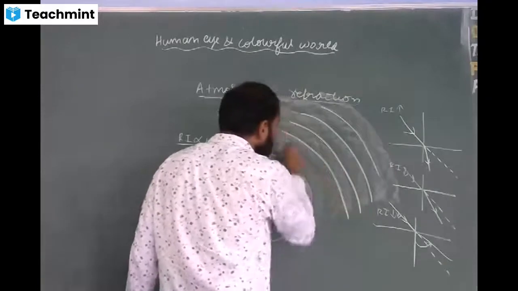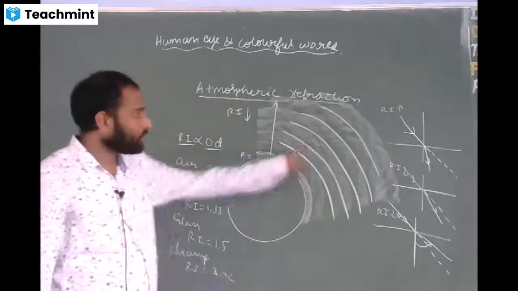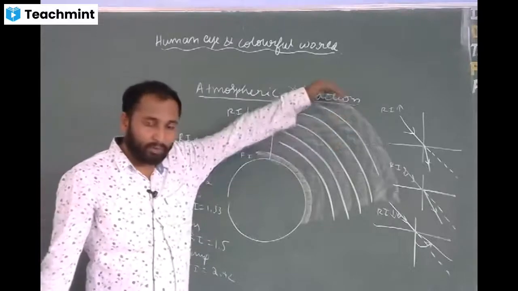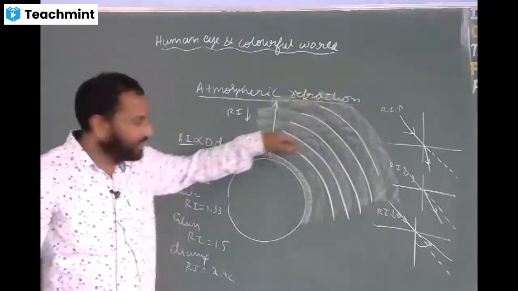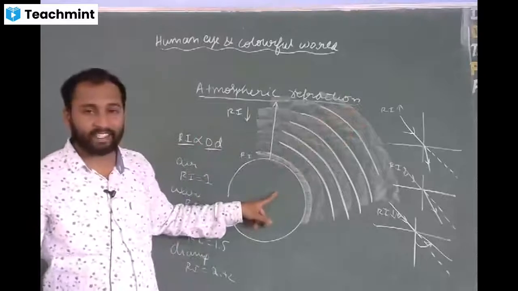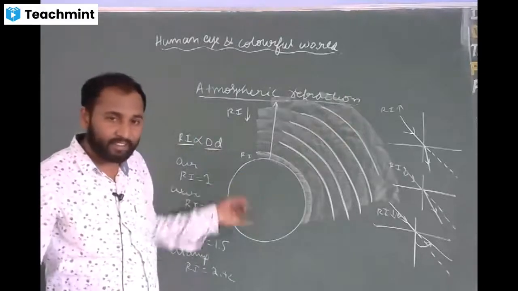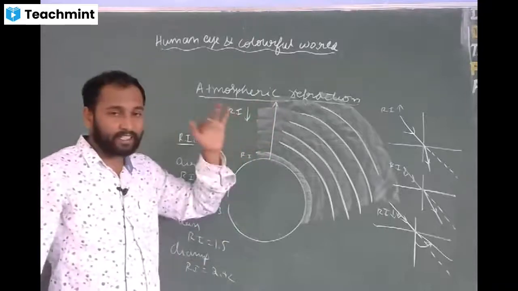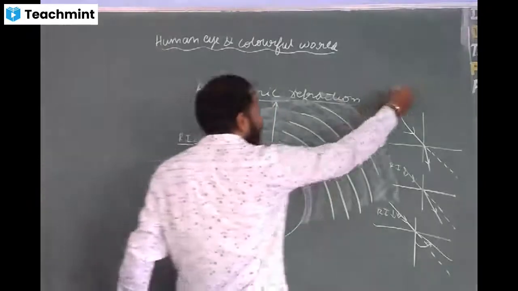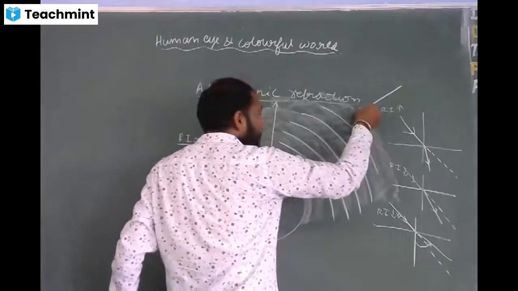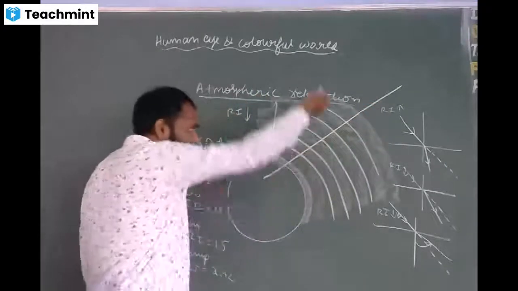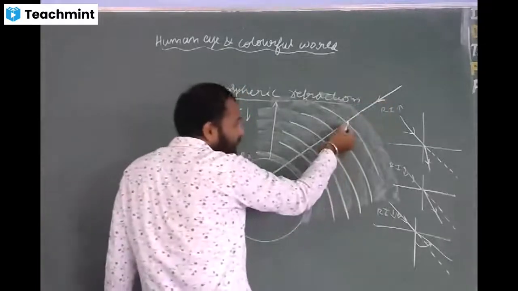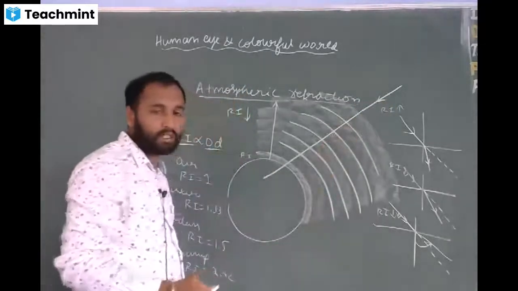So when light enters the atmosphere, here the refractive index is less. If you take from the top position, from here to here, the refractive index increases. If you take from the surface of the earth above, the refractive index decreases. Now light is entering this. I will consider this as the normal line. This is the incident light. So first when it enters, what happens? Will it bend towards the normal or away from the normal?